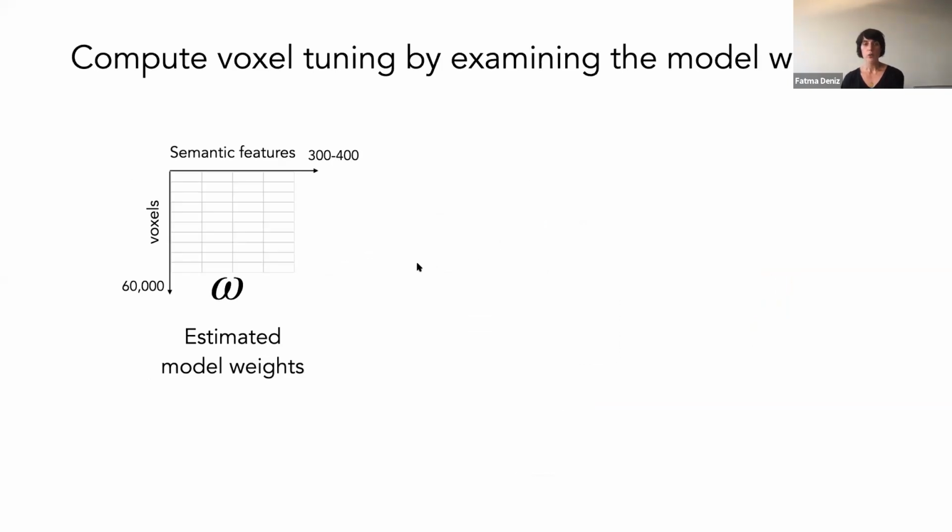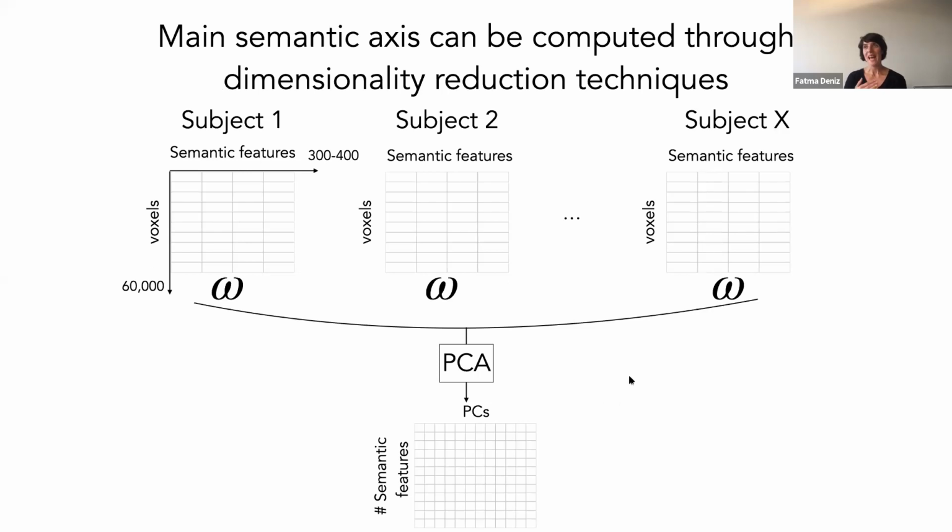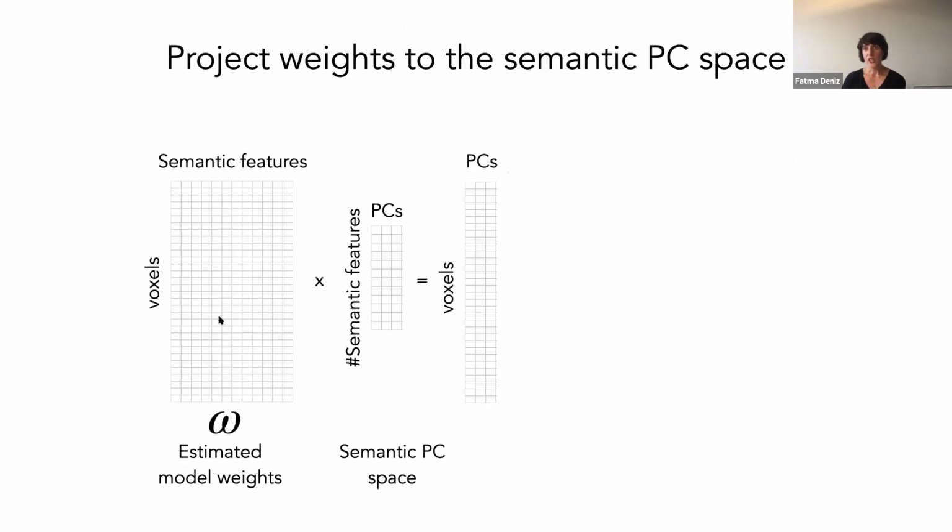However, it is very hard to inspect every single voxel, and our semantic feature spaces are usually high dimensional. We have around 60,000 to 70,000 voxels and some 300-400, or sometimes 1,000, features for every subject. So we have a lot of dimensions here, and to find the main axes across these estimated semantic model weights, we can use dimensionality reduction techniques, one of them being principal component analysis, to reduce our dimensionality so that we have a so-called semantic principal component space, onto which we can map each individual's estimated model weights